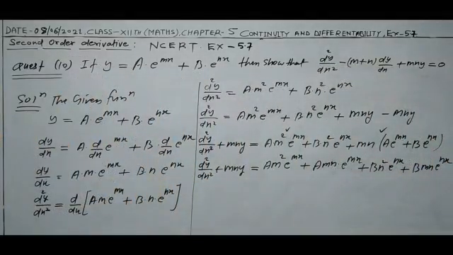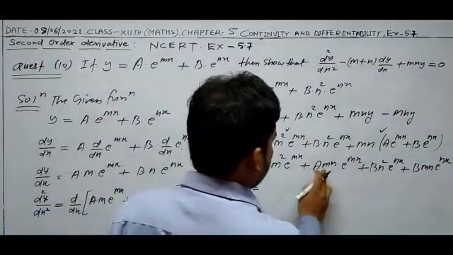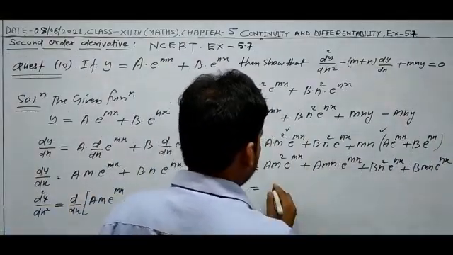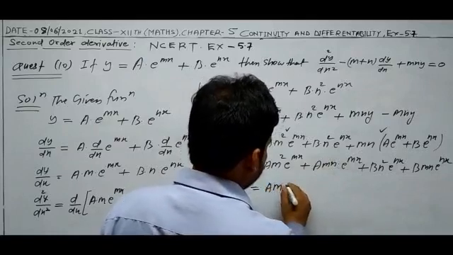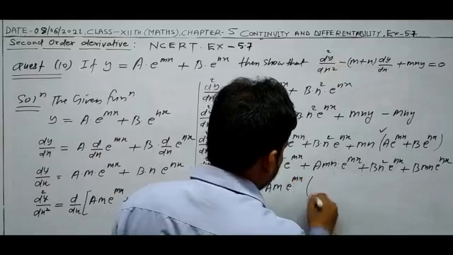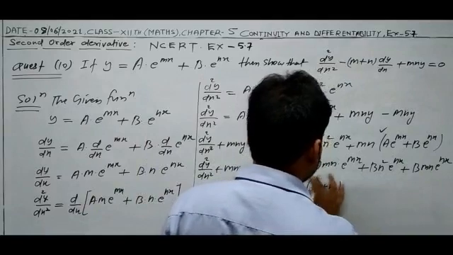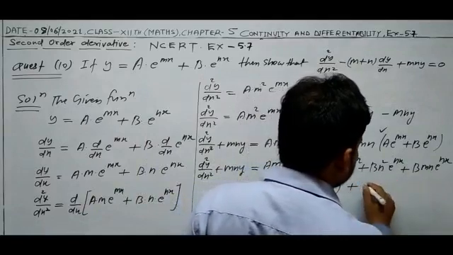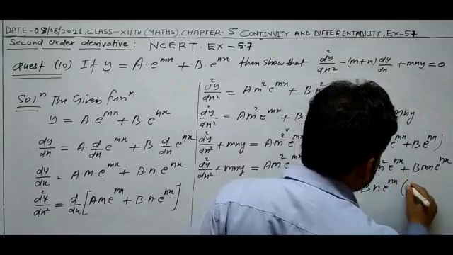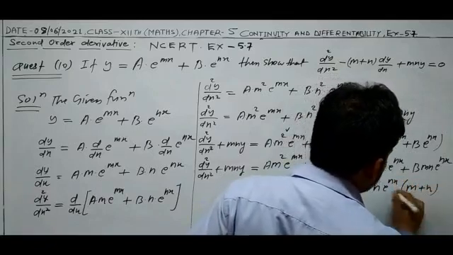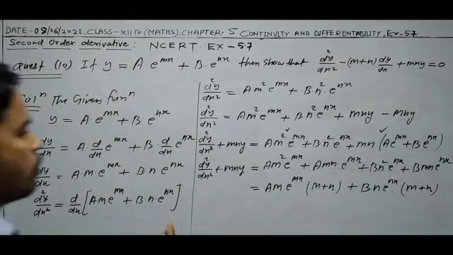We have to multiply and write the four terms. So a m e to the power mx is common. So what will be the result? a m e to the power mx is common, so in the bracket it will be m plus n. Similarly, b n e to the power nx is common, and the same result is m plus n. So when you take m plus n common,